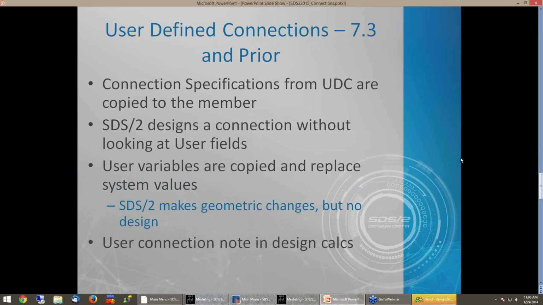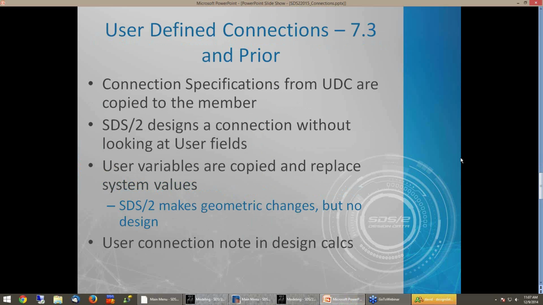SDS2 would design a connection without looking at the user fields, so it designed a system connection, and then all the user fields were copied over to the member and would replace the system values. Again, SDS2 might make some geometric changes, but no design,